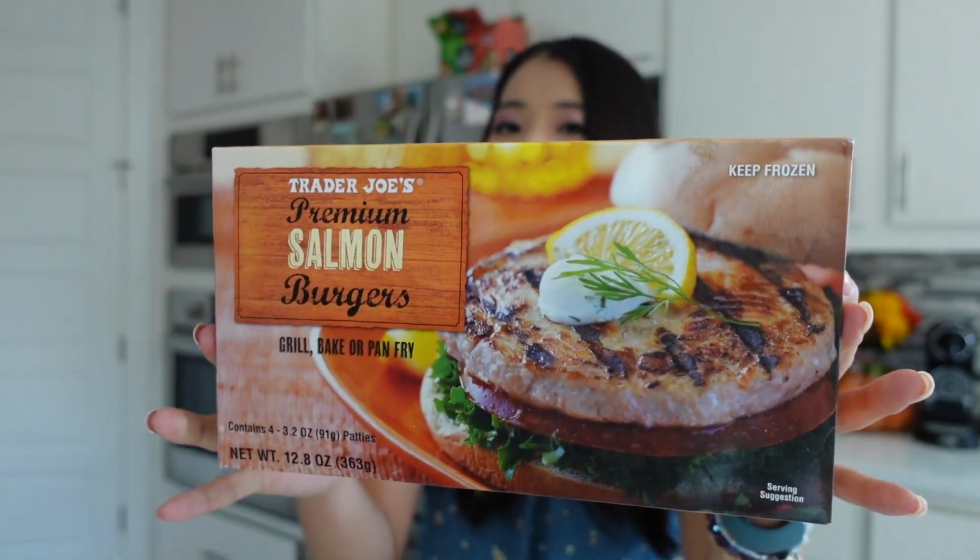So excited! Yep, very excited because I've been trying to eat salmon because I heard there's so many great things. It's one of the best fish you can eat. It has a lot of omega-3 fatty acids, which is really healthy, and DHA and all that good stuff. But to be honest, I am not a huge fan of salmon. Not my favorite fish for cooked fish. I like raw salmon, sushi, sashimi. Oh, tastes so good. But when it comes to cooked, I don't know, so let's see if it actually